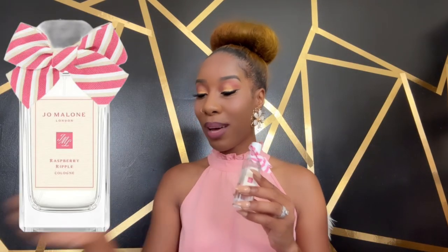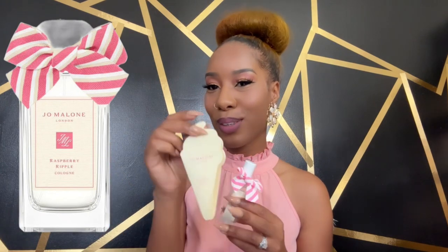This is Raspberry Ripple Cologne, right? So this is the new drop from 2025. Now, initially I got this to review. So not this bottle, it actually came in this cute little ice cream scoop, and this is the original sample I received. So of course I smelled it and I loved it. Now what I loved about it was that it was fresh and it was sweet. Now usually I'm not a sweet fragrance lover, but if you keep watching, I'm going to tell you exactly what